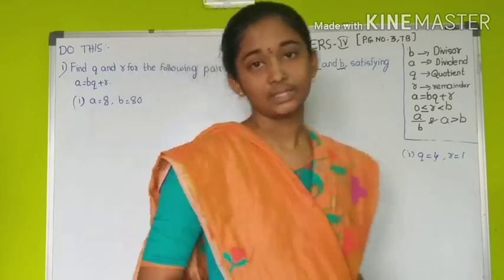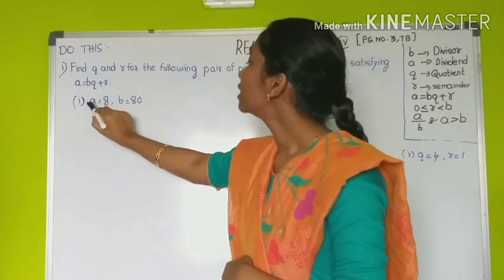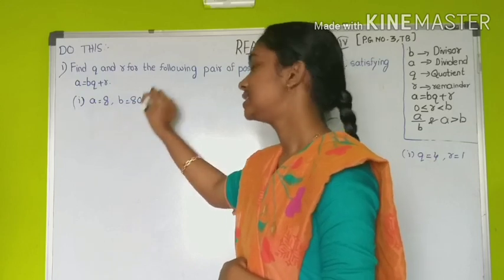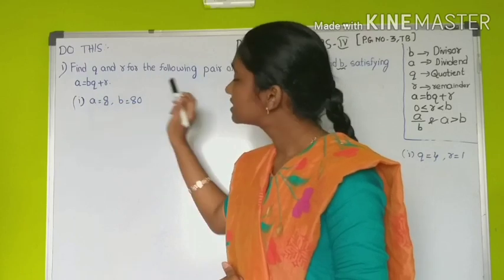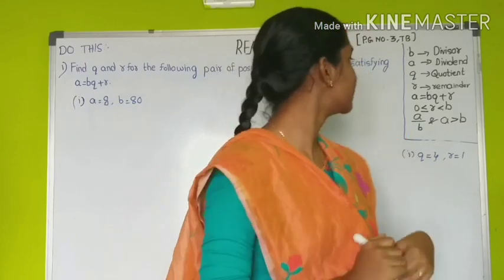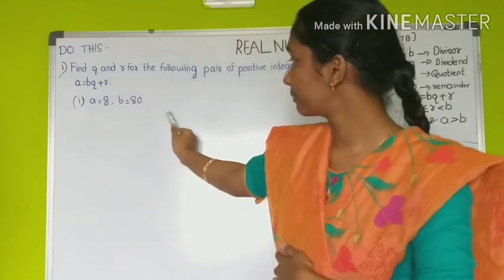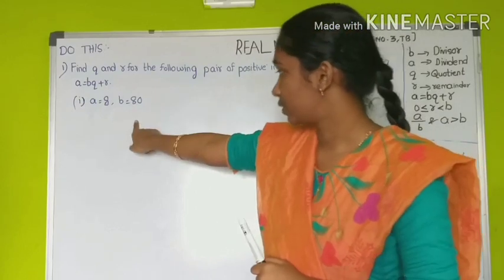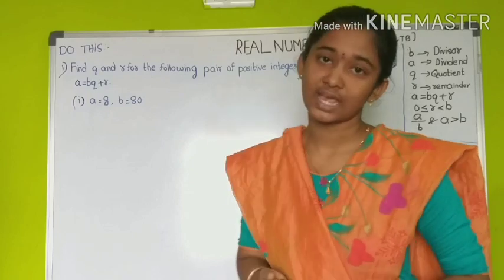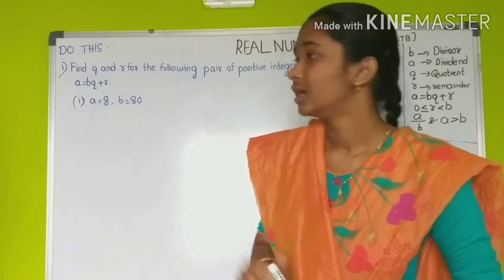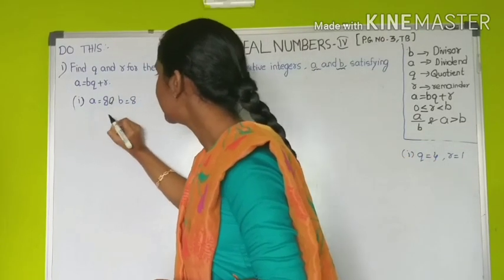Now when we see the second question, here the value of A is given as 8 and the value of B is given as 18. We can all observe that here the value of A is less than B, but we have a condition that the value of A is always greater than B, and we cannot divide in this way. So the question in this textbook is given as a mistake. So we correct the question by the condition A is greater than B, we change the values. That is, we write A is equal to 80 and B is equal to 8.